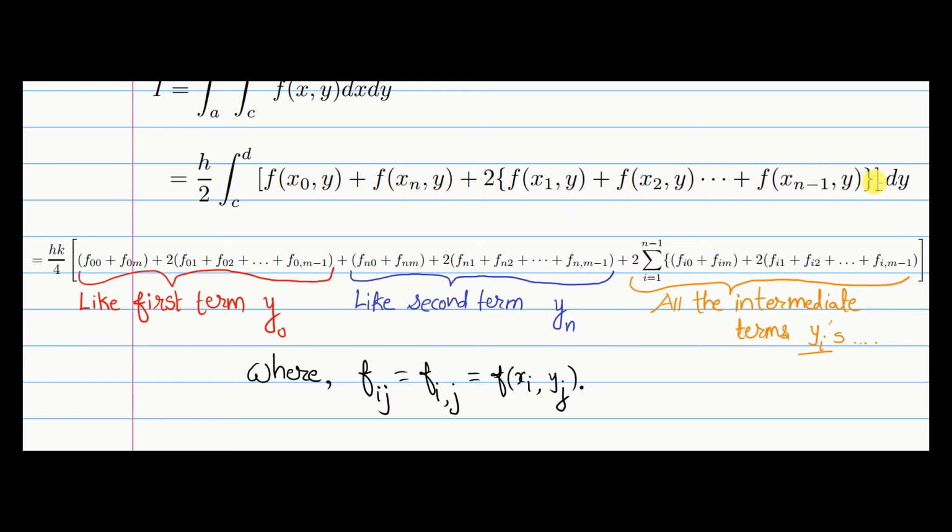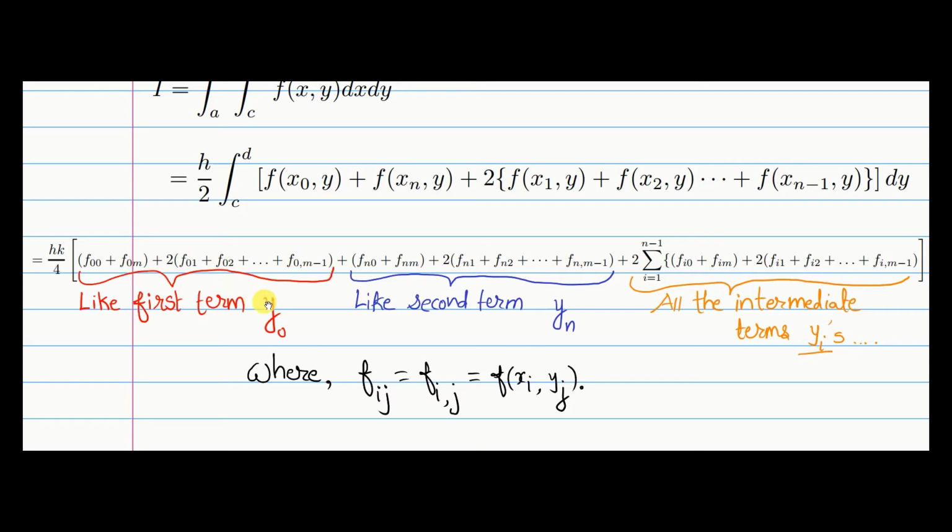Now once y varies, you come onto this second integral, that is c to d, and that is what I have written here in the next step. Just focus here, observe well. h by 2 was there and another factor was k by 2, so the product will be hk by 4 into bracket. Now basically f00 is the same as f(x0,y0), so I'm just writing in easy form. So f00 plus f0m,